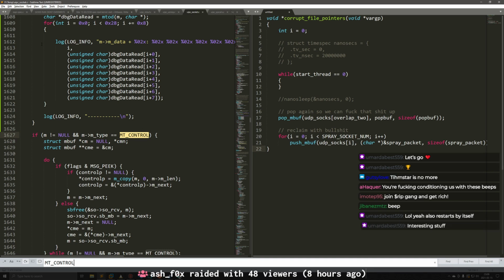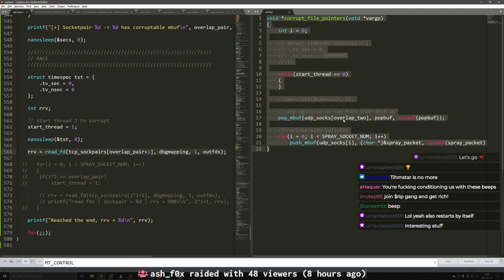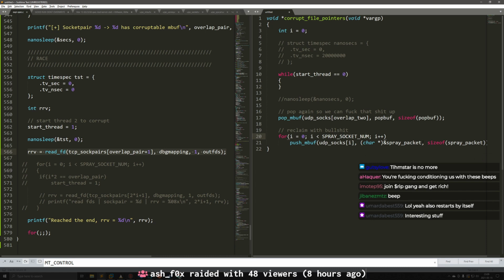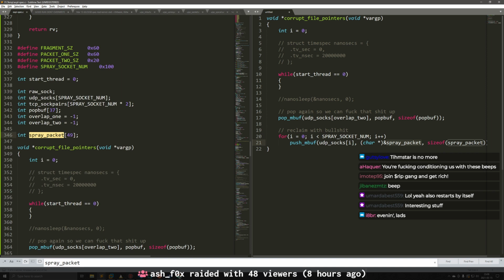So thread 1 runs, it gets to this point. Hopefully at some point it goes to sleep, or our other thread runs on a different core in parallel. This thread will run. It will free the mbuf and fill it with hex 4 ones. Actually, I don't have the spray socket in this other thing. I'll bring that up so it's a bit more clear.